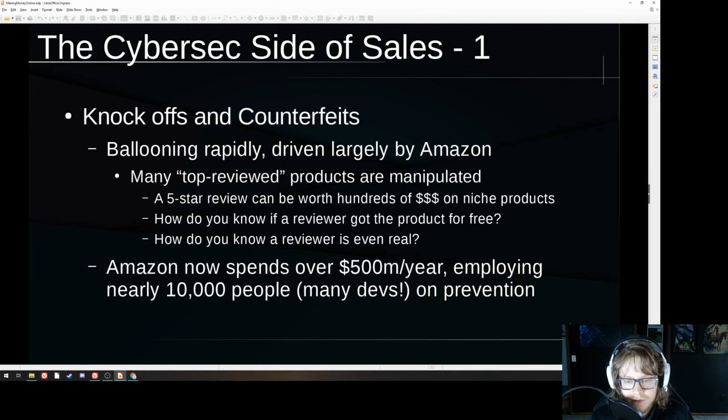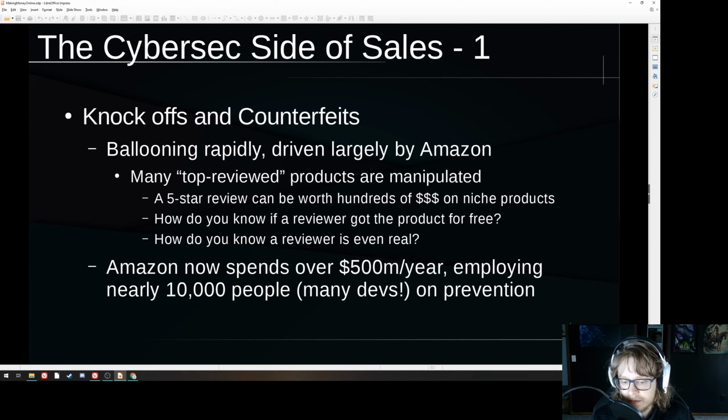How do you know if a reviewer got the product for free? In the early days, Amazon even allowed this kind of practice. You could mark a product as received for free and leave a 5-star review, basically as a sponsored review. Eventually they got rid of this practice, and now it's all under-the-table transactions. But how do you know that a reviewer is real? How do you know that the product that they purchased was bought legitimately, for a real reason,